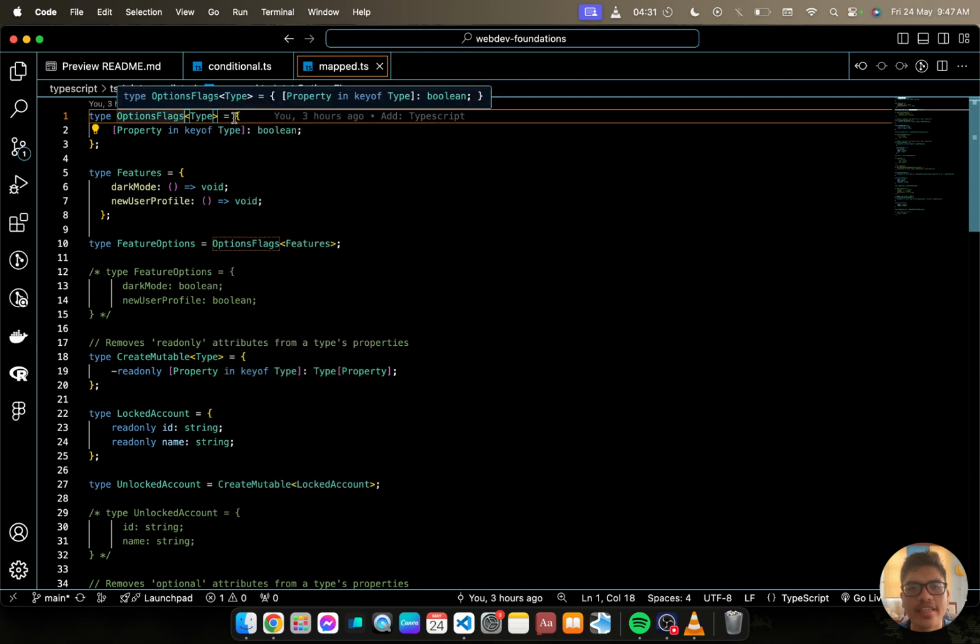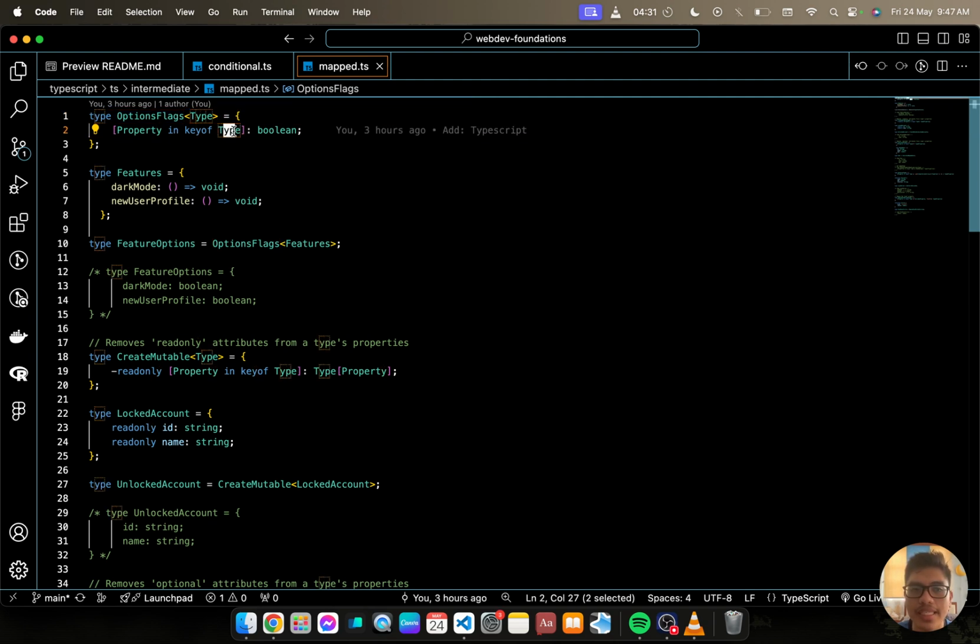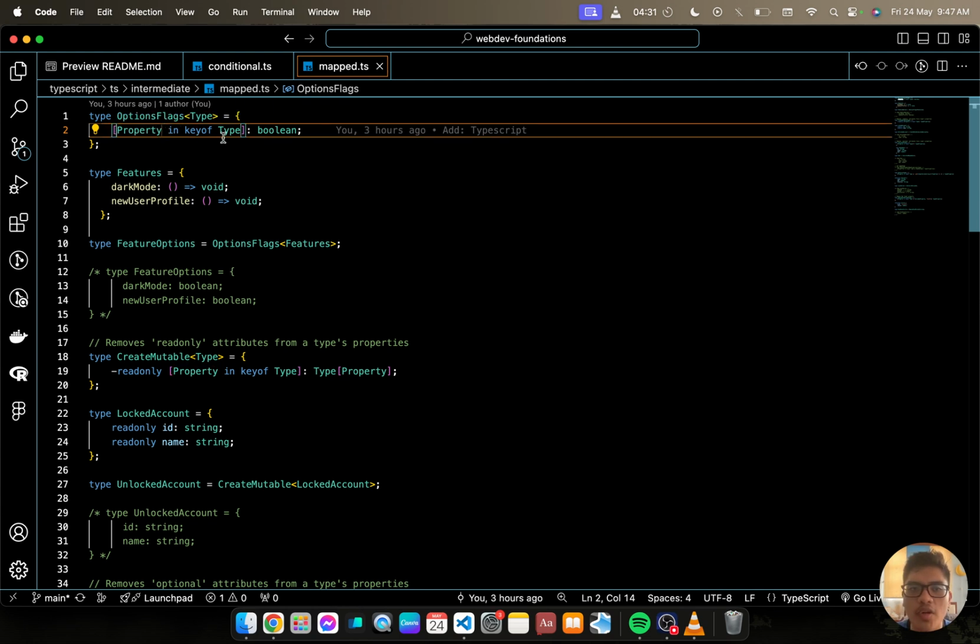Generics equals then [Property in keyof Type]: boolean. So we know that a type may have keys. Okay? So we're just simply getting the properties and we're communicating that the properties of that will have the return type boolean.